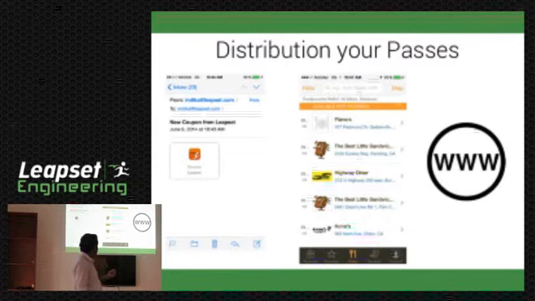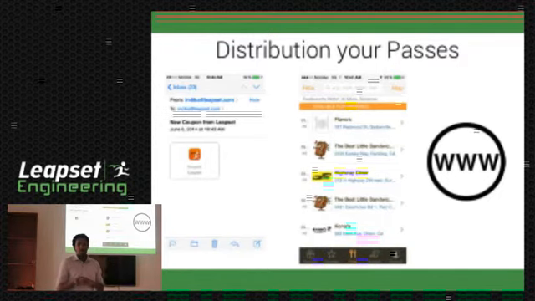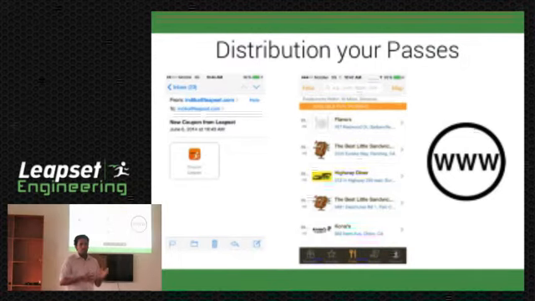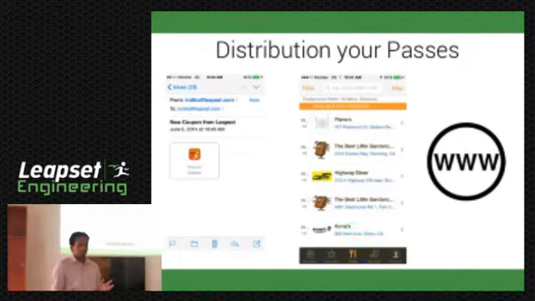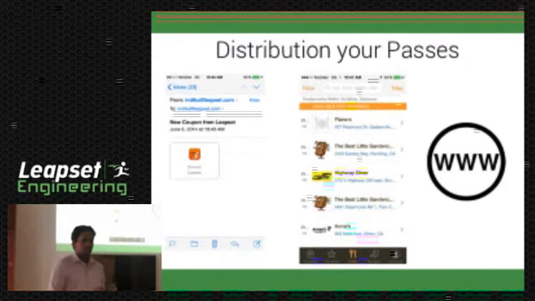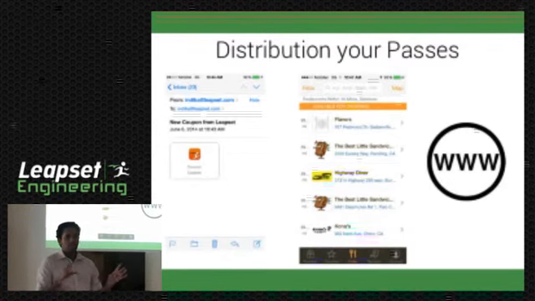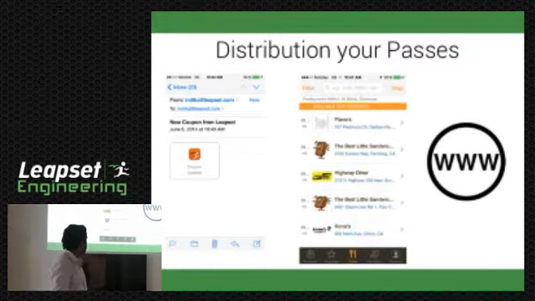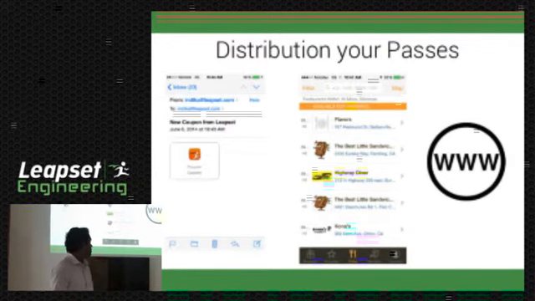So it's important to mention here that the pass is not dependent on an app. That means you do not need to have an Apple app to have a pass. Say, for example, if Leapset didn't have an app and we want to make use of this Passbook feature, we don't have to go and build an app ourselves. We can just use the technology because they work independently. They can coexist, but they work independently.